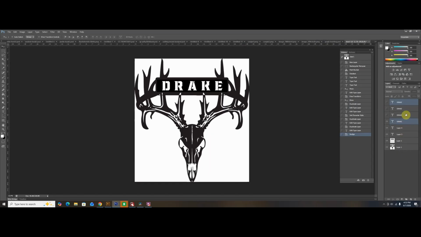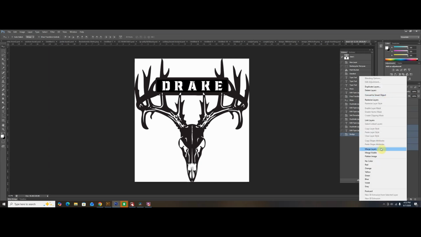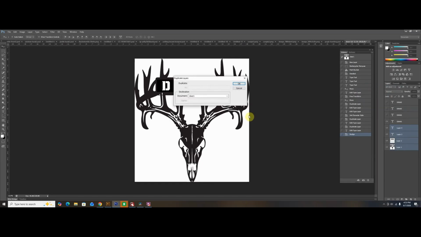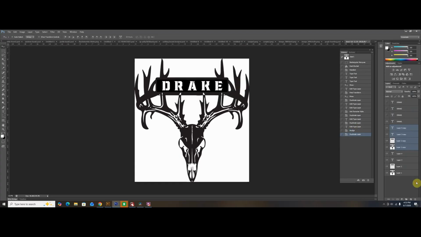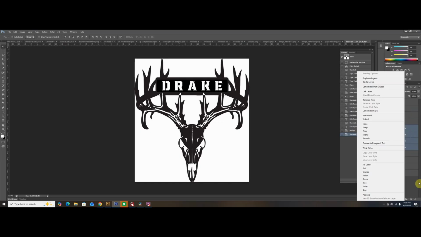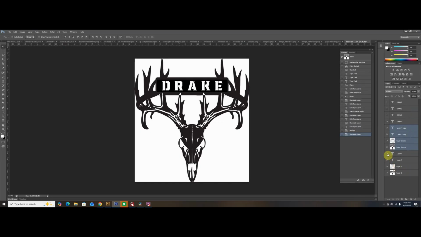So what I'm going to do is I'm going to, in my software, duplicate these layers, and then I'm going to take these other layers, turn them off,